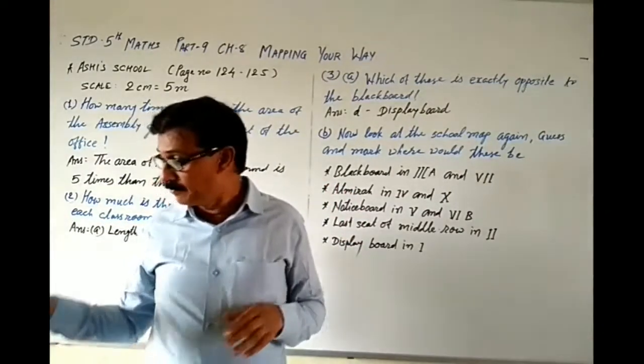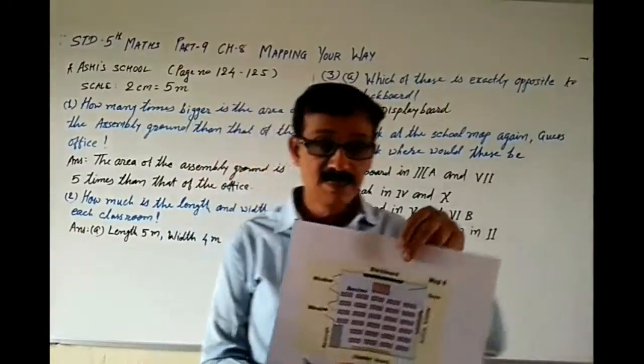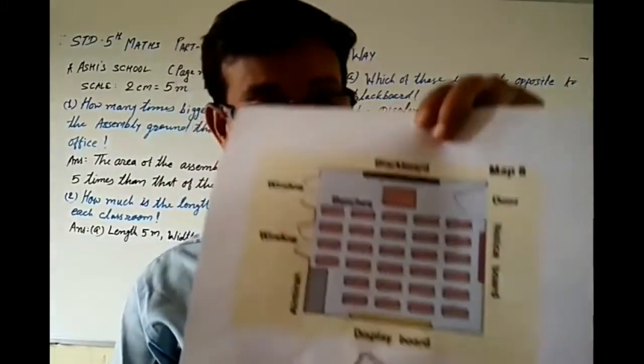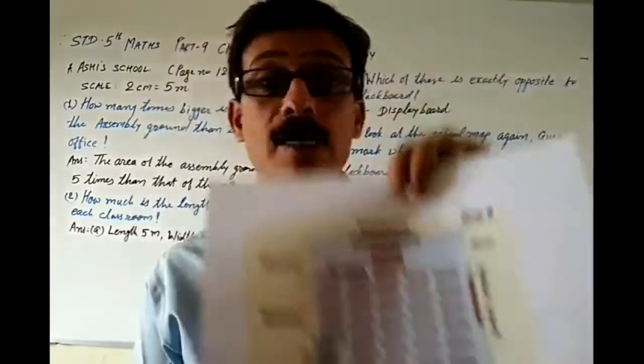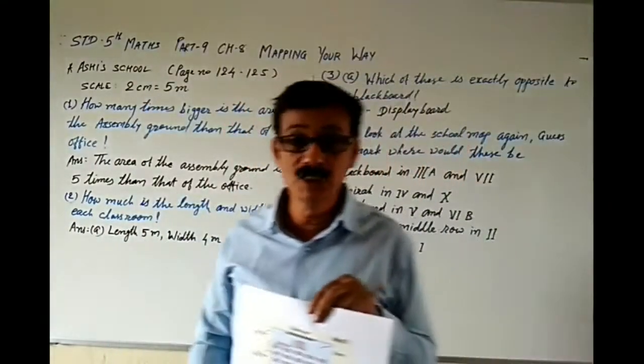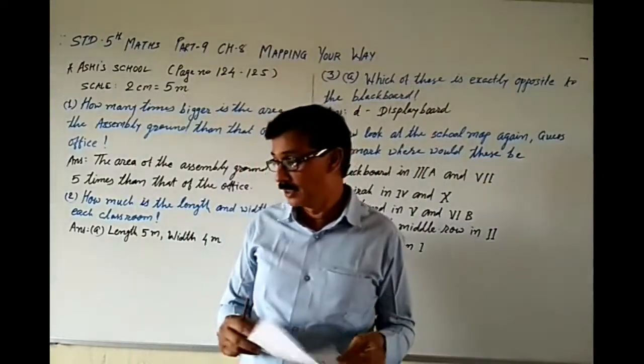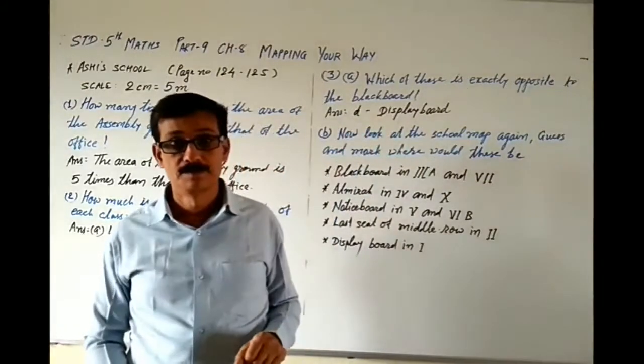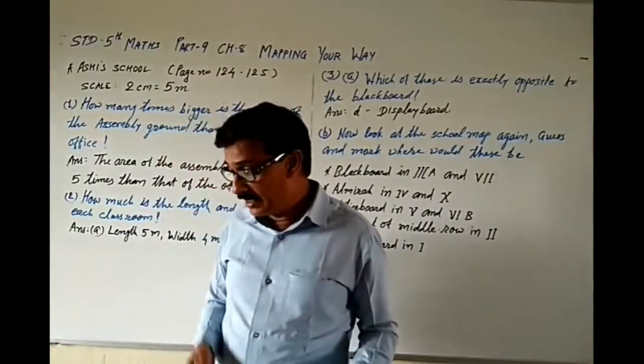Let's see once again. You can see there is a blackboard over here, and opposite to that you can see the display board, isn't it? So what is exactly opposite to the blackboard? The answer is D, display board. Now the next one is,